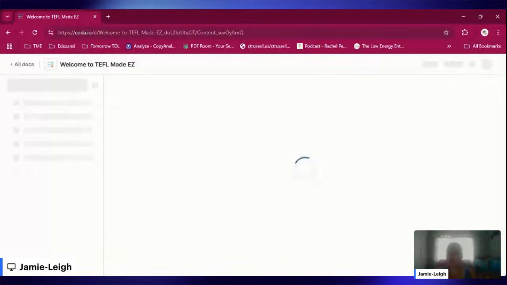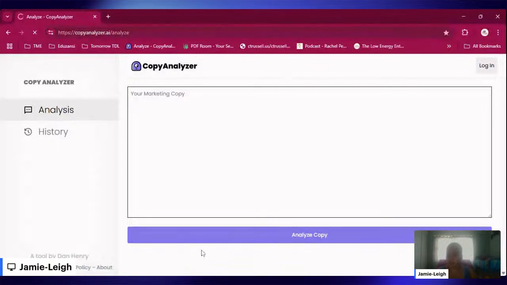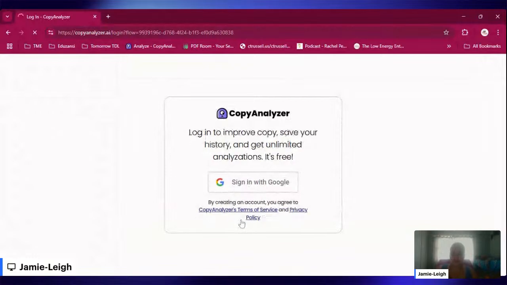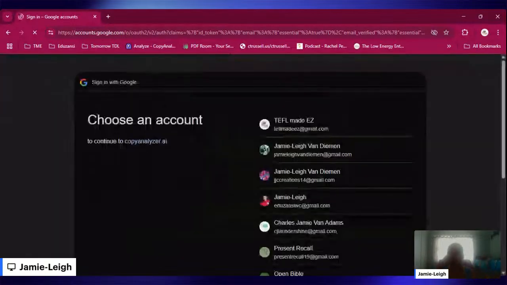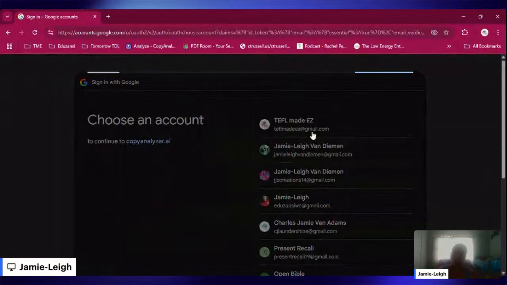I would suggest you use this app. Copy Analyzer is so awesome because what it's going to do is, let me just go into the history. I'm not logged in. Nice. What this app does is it helps you with writing copy, creating messages with all the laws of copy. So, like the law of,